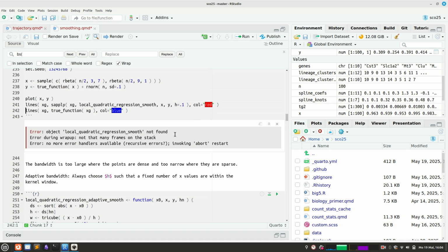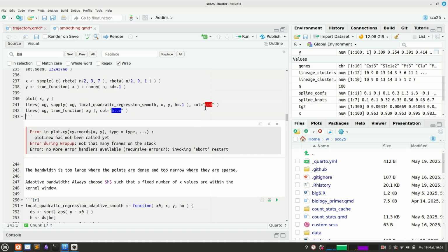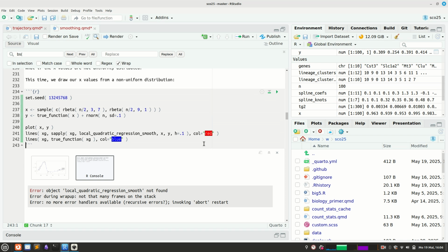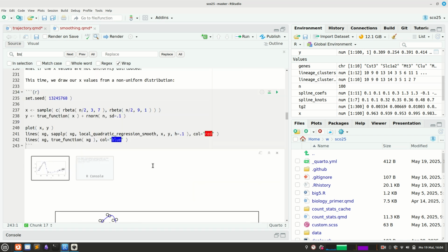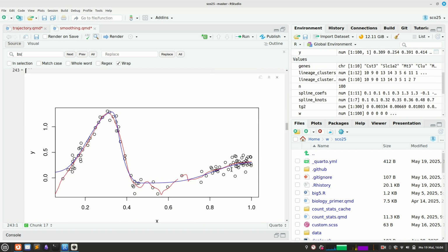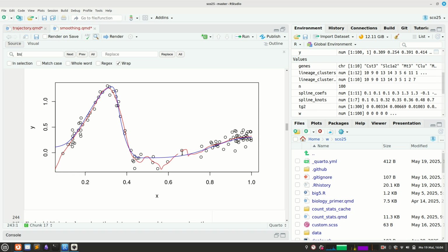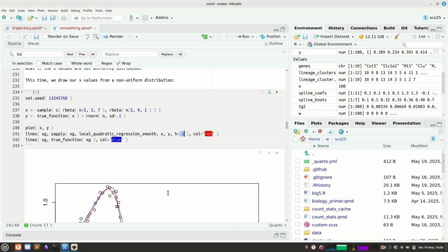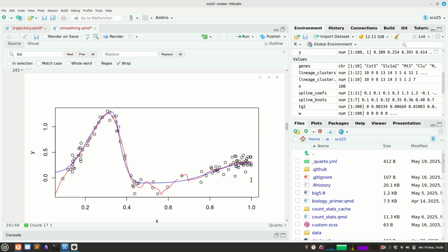If I do now here my quadratic fitting function that I've just shown you, then it does a bad job here, because the bandwidth that I've chosen, 0.1, is quite appropriate here and here, but it's way too small here, and hence here the bandwidth always only captured one distance. And there's a simple trick to go around this, which is called adaptive bandwidth choice,